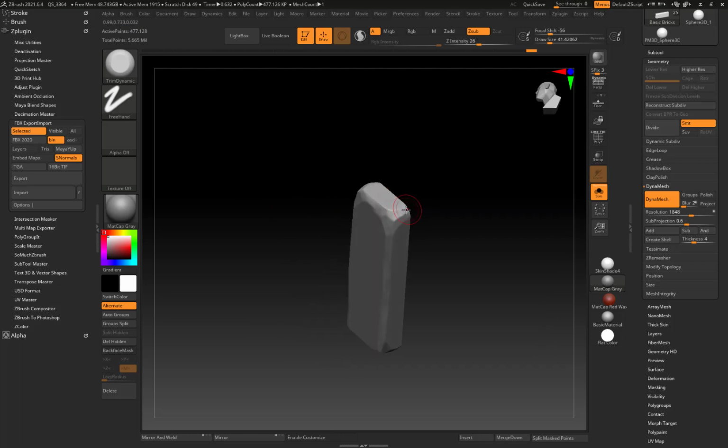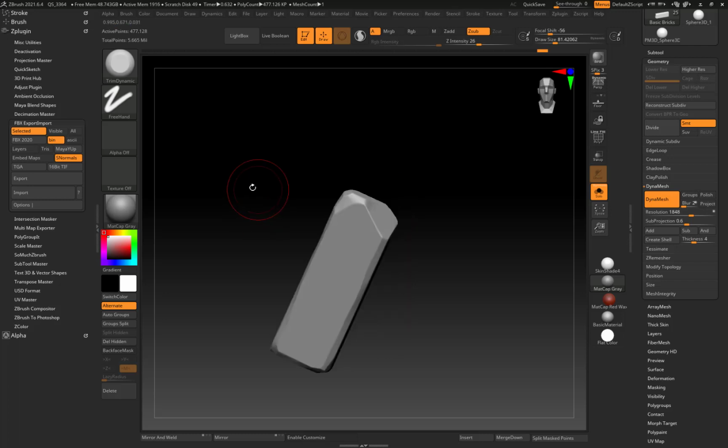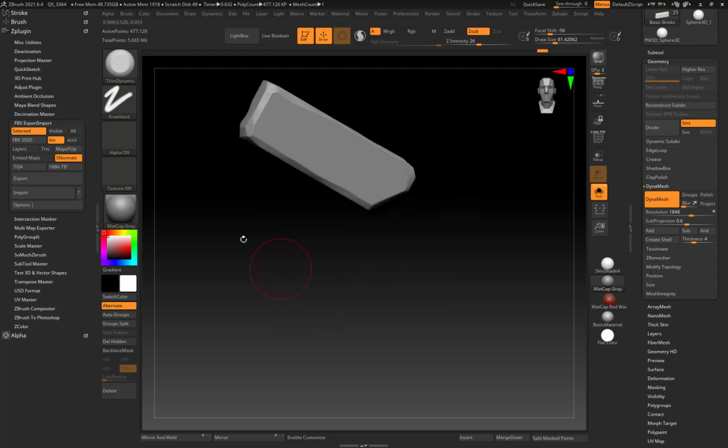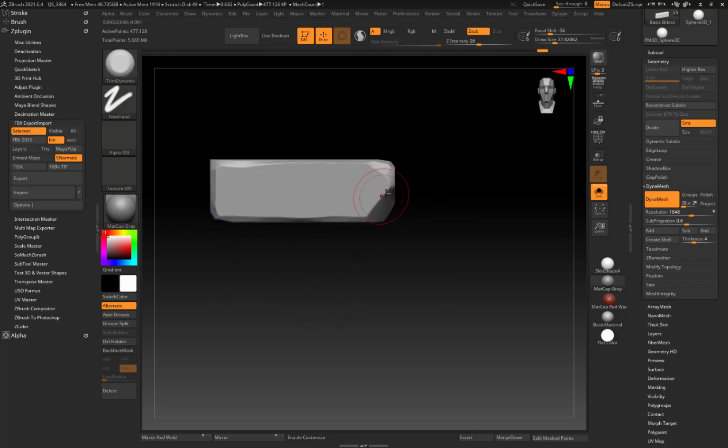So in this case, what I'll do is make this brush a lot bigger and I'll just do this all the way down like it's a cracked one. And we can add some crack features later. If you hold shift, it'll snap your zoom or your rotation to a certain degree. Okay, so this, this,